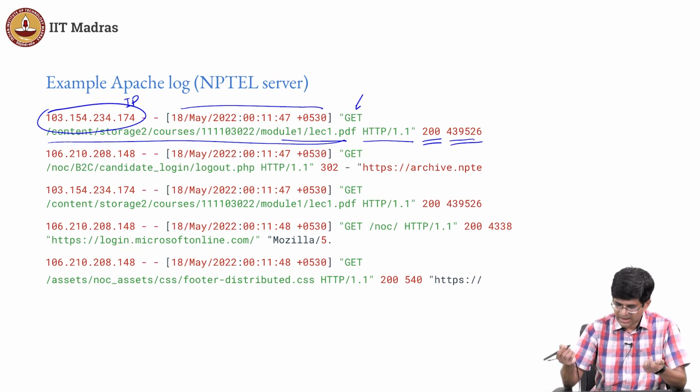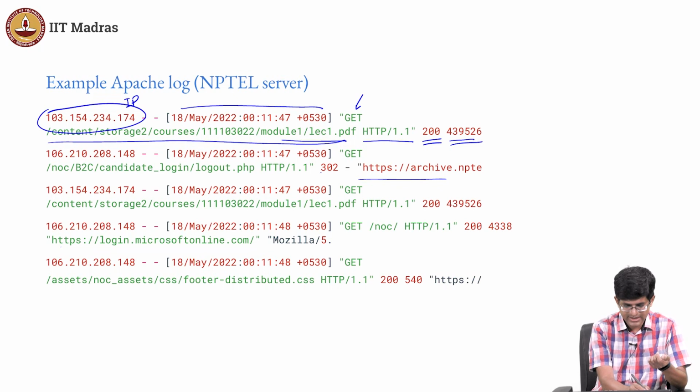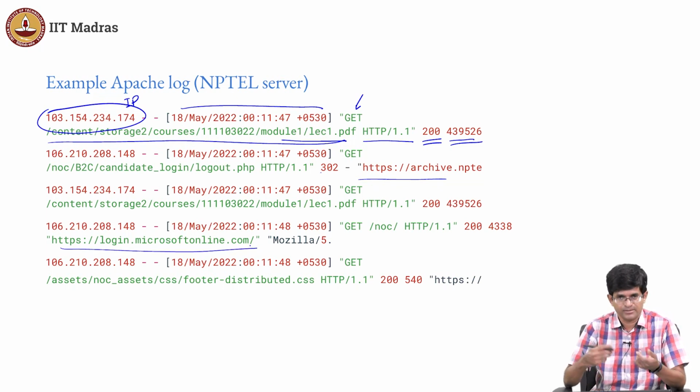And if you actually look at one of the other cases, you might see that there are some additional strings out here. There is something out here which is called the referrer. Where did I get this link from? In other words, I have gone and clicked on some link in order to download a PDF file or something else, but did I get that link directly? Was it indexed by Google? Was it from Microsoft? Was it from some other random website? That information is also useful to me as someone who's managing the website.